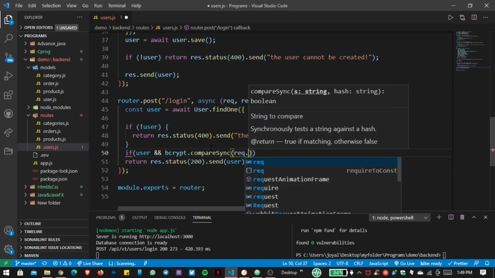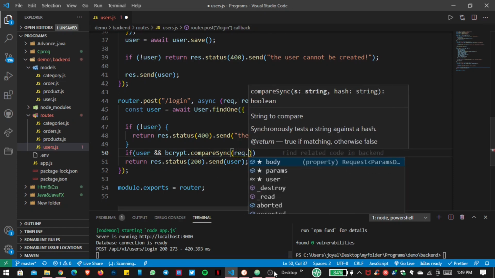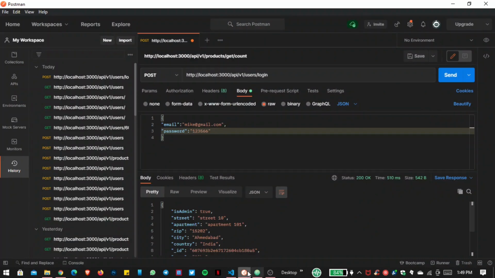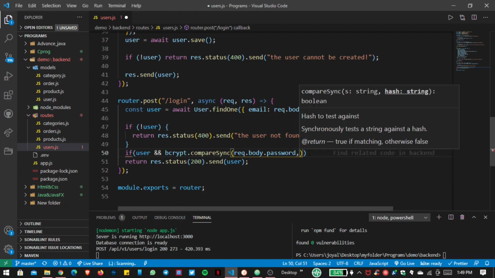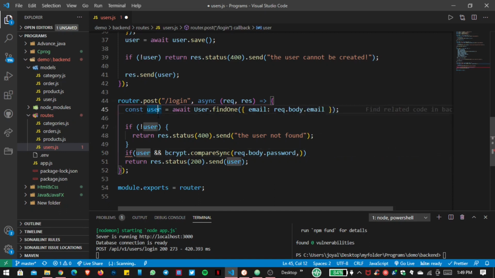First is what our user provides inside this login route, that is request.body.password, and we want to compare it with the password in our user variable. So I write here user.passwordHash,